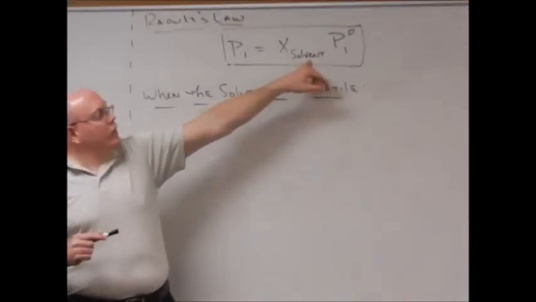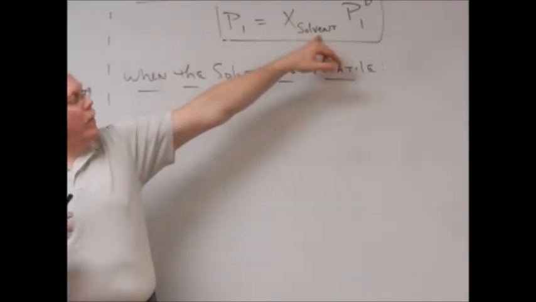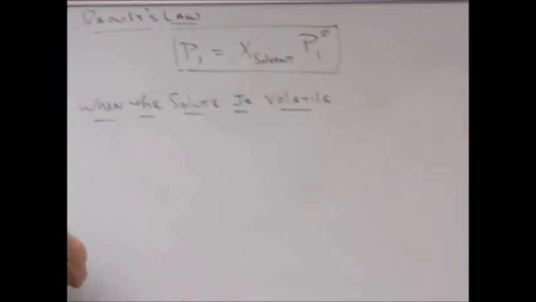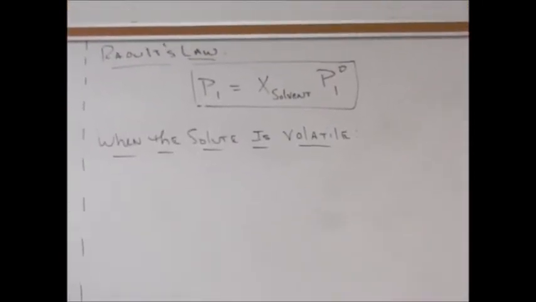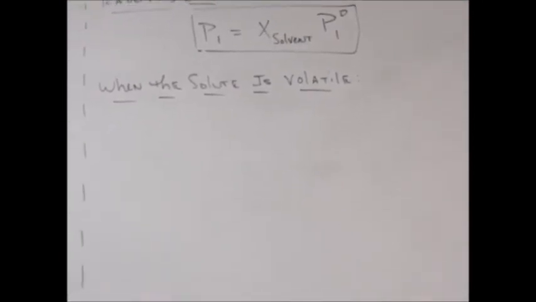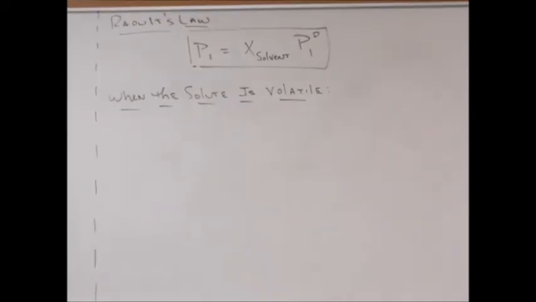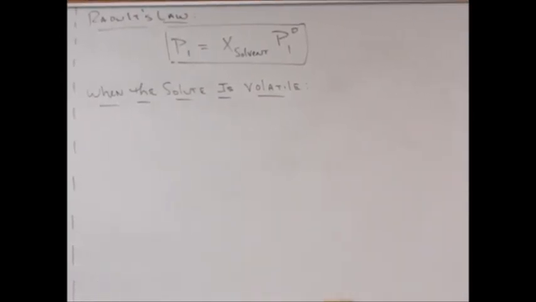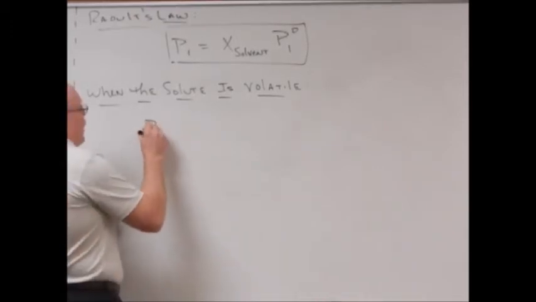You have the original smaller fraction, you have the original pressure, and you will get a vapor pressure lower with the addition of a solute. The caveat that is tucked behind that is that the solute that you're adding is not volatile. If your solvent and your solute are both volatile, Raoult's law gets changed a little bit. For example, we would say that the solute